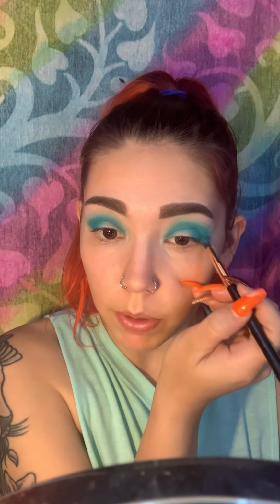And if your eyes are anything like mine, you will always have one complicated spot on either one eye or both eyes that just hates pigment. It doesn't want to pick it up, it doesn't want to do anything with it, it just wants it to not be there. I don't know why I'm like this, but I am. So,